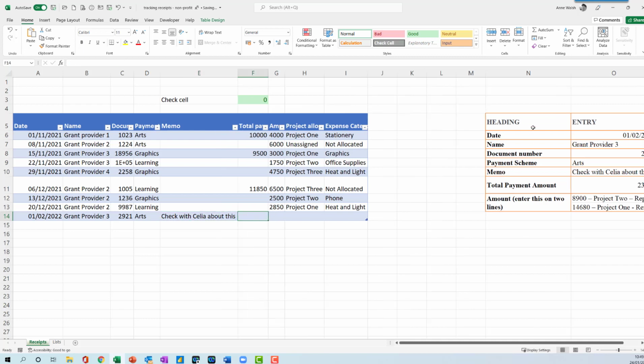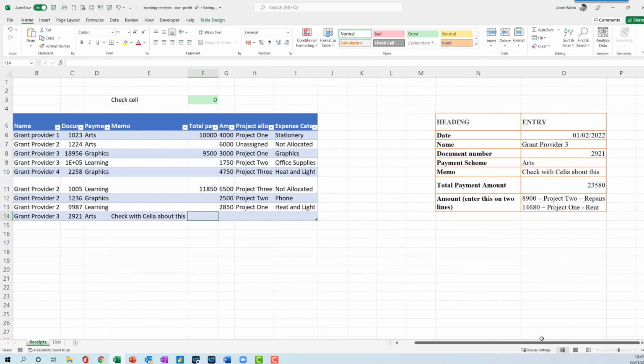Now the total payment amount, let's move it across here a fraction, is 23580. So just enter that, 23580. Now this needs to be allocated across 2 projects, which in this case is going to be 8900, allocated to project 2, under the heading for repairs. And if, for example, this was over multiple expense categories, you would just enter another line for it, leave the amount here, put in another project,